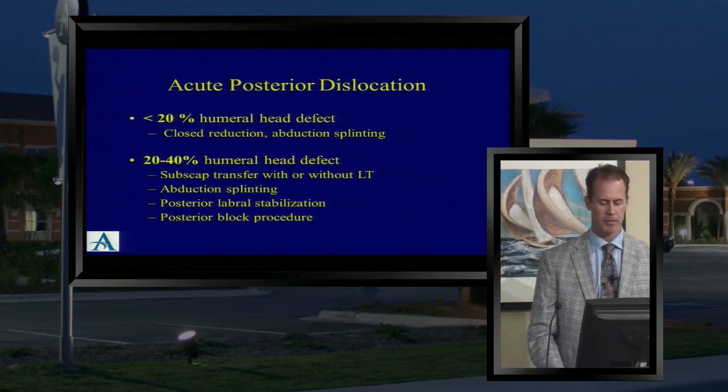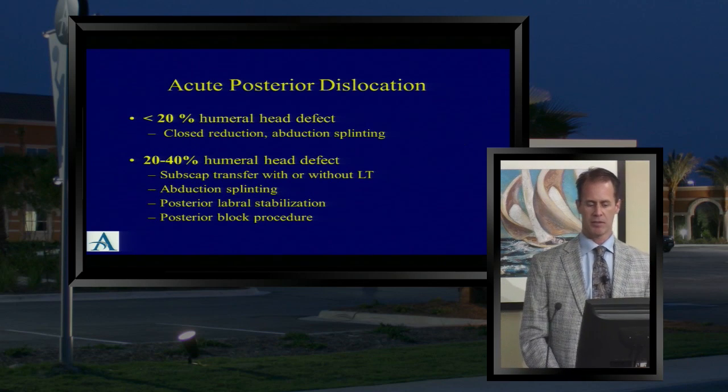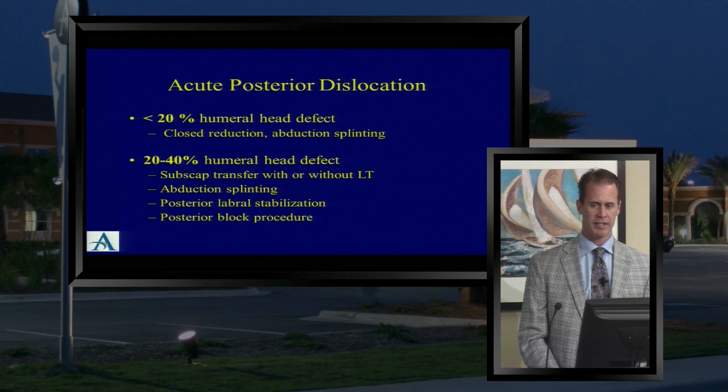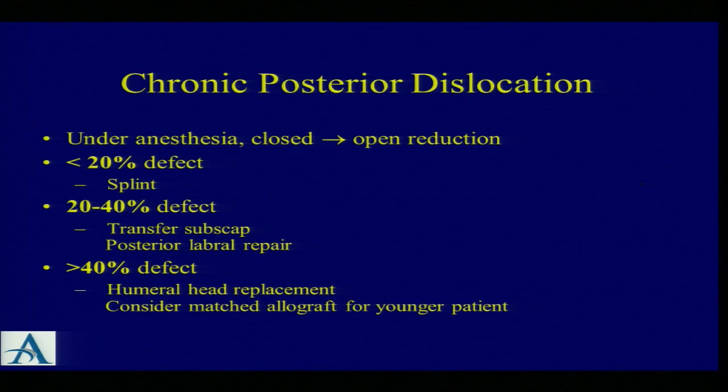Well, if there's less than 20% of bone loss in the humeral head, closed reduction and splinting can be effective. Once you get to 20 to 40% humeral head defect, or a reverse Hill-Sachs lesion, as we'll call it, generally you've got to do something surgically to restore stability to that shoulder. Either bring the subscap into the bony defect in the anterior aspect of the humeral head, or do some sort of posterior stabilization procedure, potentially a posterior bone block if there's bone loss posteriorly, and oftentimes a combination of all